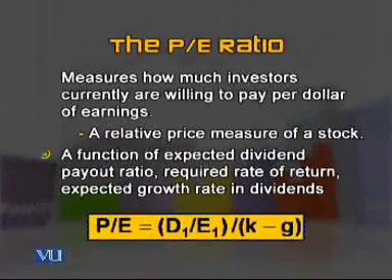Now, basically, the price earning ratio is a function of expected dividend payout ratio, the required rate of return, and the expected growth rate in dividends. It is an amalgamation of these things, all based on future expected earnings payout ratio, future growth in dividends, and the required rate of return, which is what makes up the price earning ratio,